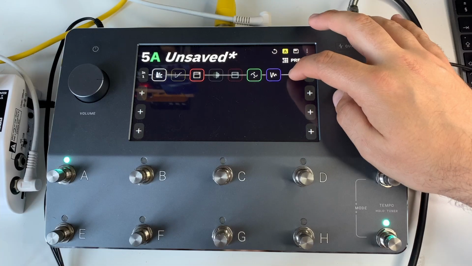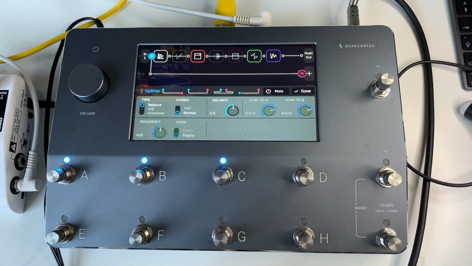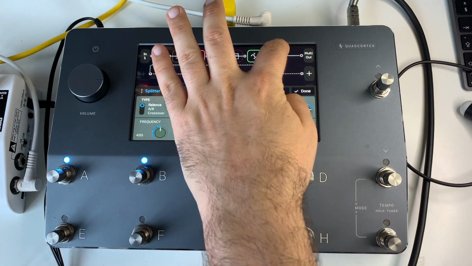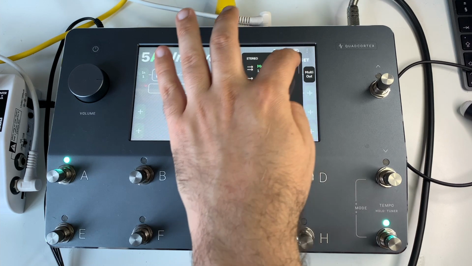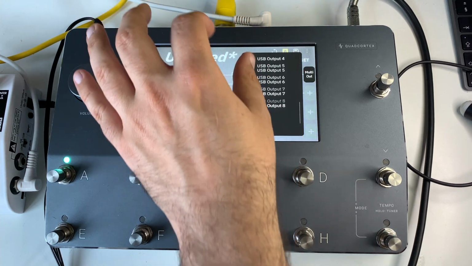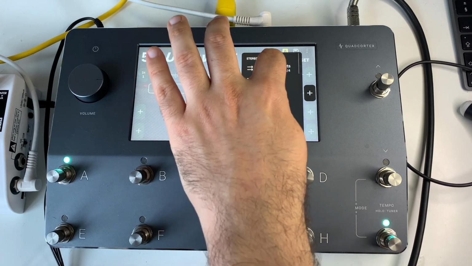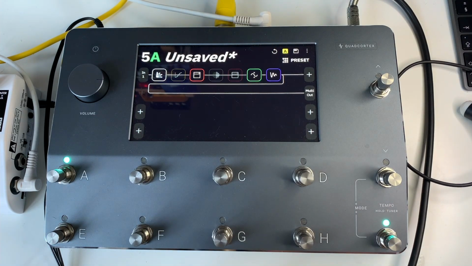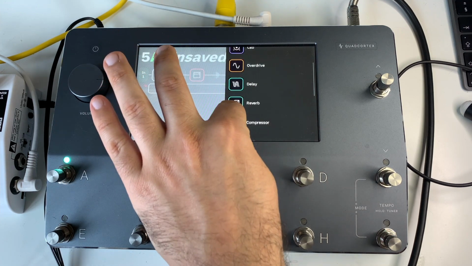So at this point there is only one block free in this line, so we will have to use line 2 to keep adding more blocks. Okay, let's split into line 2, add this splitter, put the split right after the chorus, and now I have to change this output of line 1 to not use, and the output of line 2 goes to all of the outputs. Okay, now I can add a delay here,